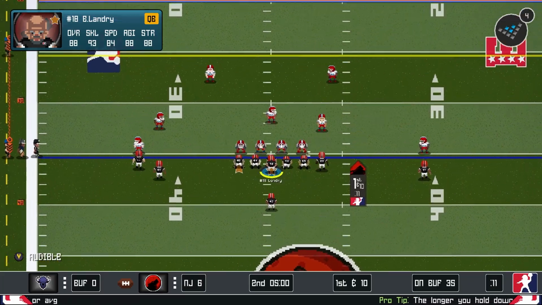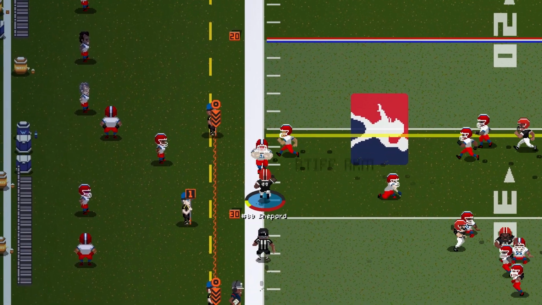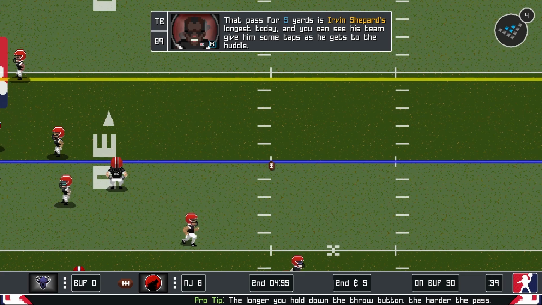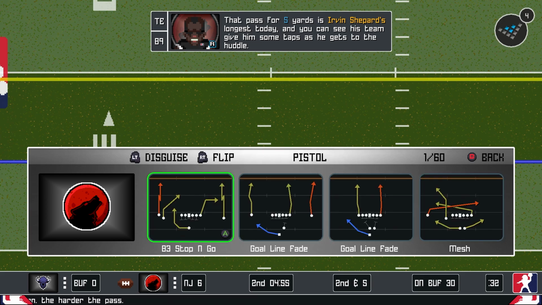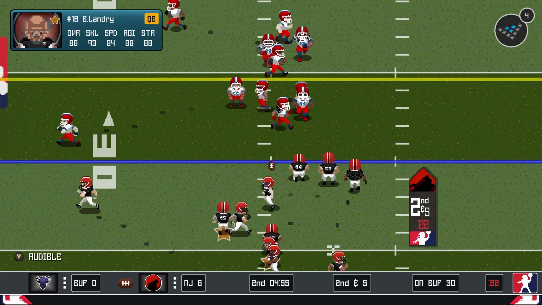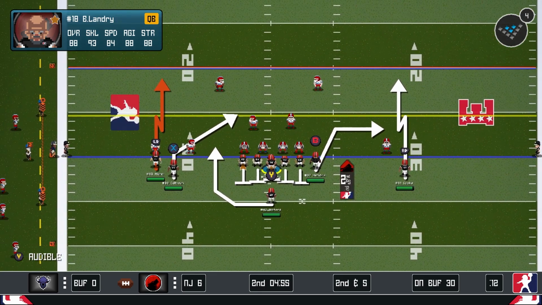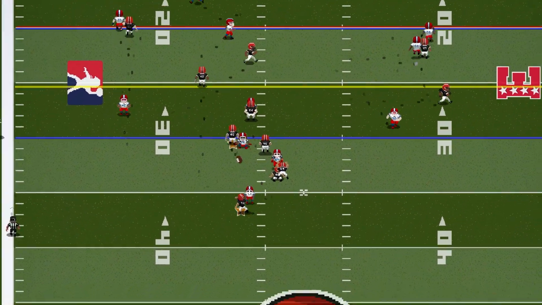Guess we'll look at one of these crossing routes here. Oh, that was a stiff arm. And they ran out of bounds, unfortunately. Pass for 5 yards. Irving Shepard's longest today. Nice. I like it. This is going to be a good way to actually learn some of my team as they keep repeating their names there. I like that versus doing some weird commentary stuff. The stadium announcer is a pretty nice touch, though. All right, let's do the stop and go on the left side. That LB looks like Man is their name. I don't know if there's like a...